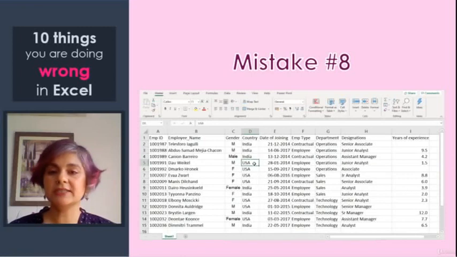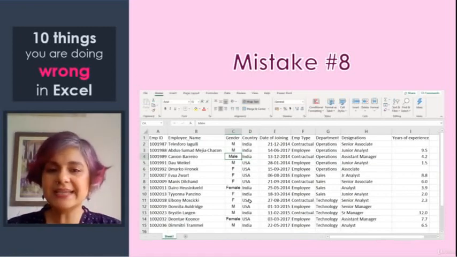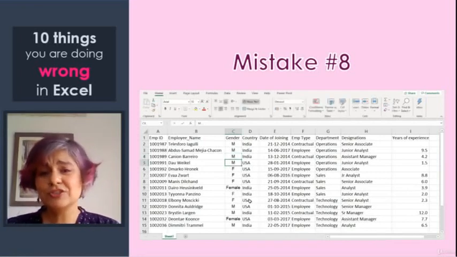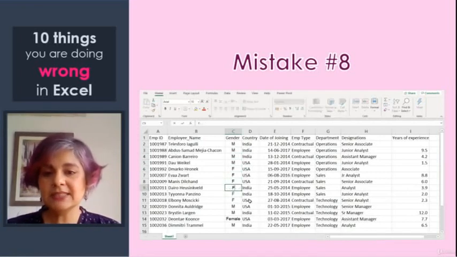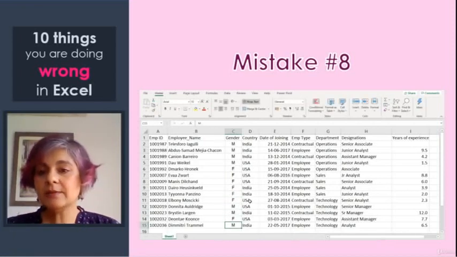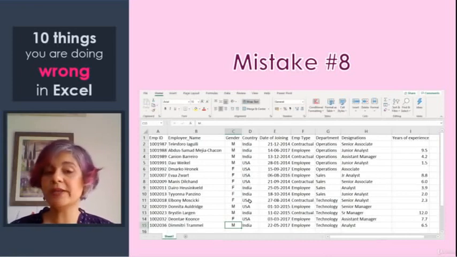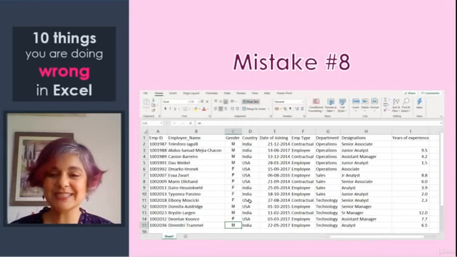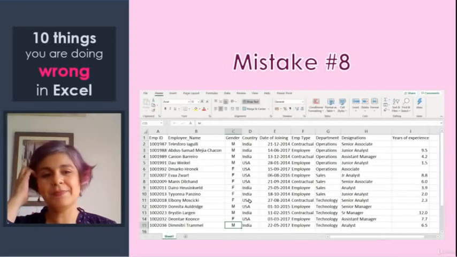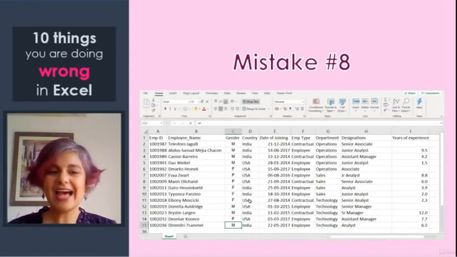So let me fix this quickly. I think let's just go with the single letters, because it's an easier change to make. So I'm just going to replace these complete words with the letter M's and F's. And actually the thing that I want to illustrate over here is that this is a really hard error to catch when you have a large amount of data. Well, because this sheet has been prepared by me to illustrate these mistakes, therefore I'm able to spot it quickly. I'm the one who put these mistakes there. But at a quick reading, you would not have been able to spot it just on your own.